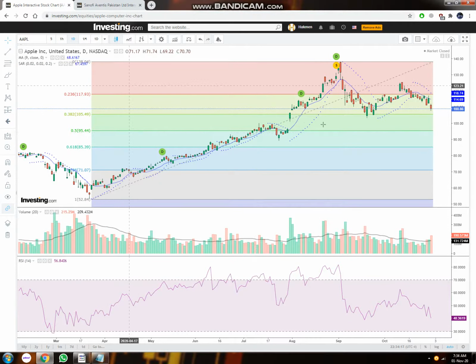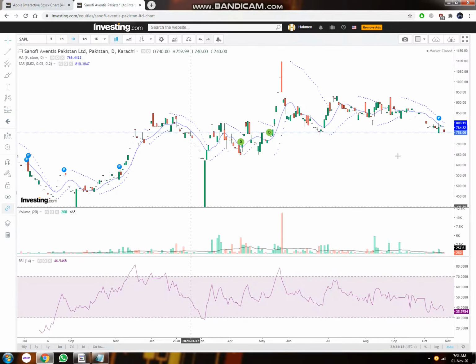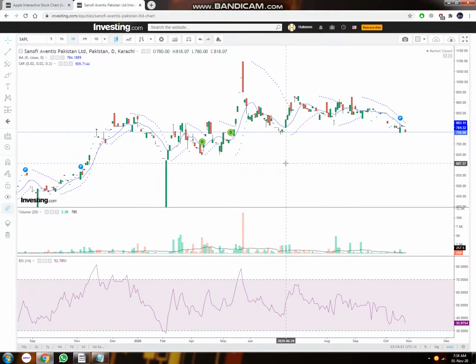Now in this case, let me show you another case, this one. What to do in this case? Well, I've shown you in the previous videos of mine how to trade a side trend. You have to apply the same principles here. If you buy the stocks right here, you can see that these are at their oversold level, and you don't know how far the market